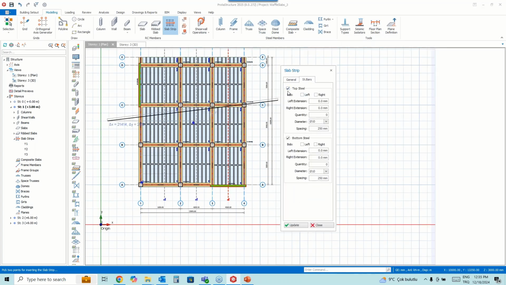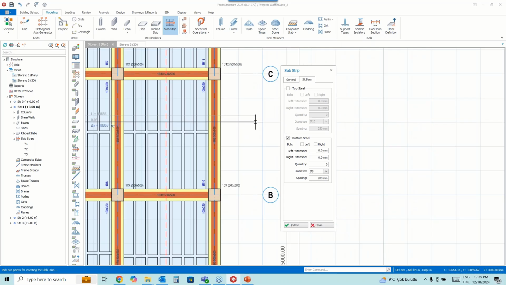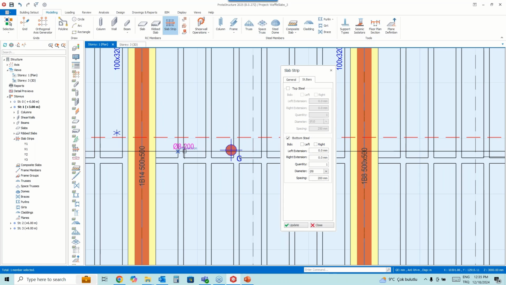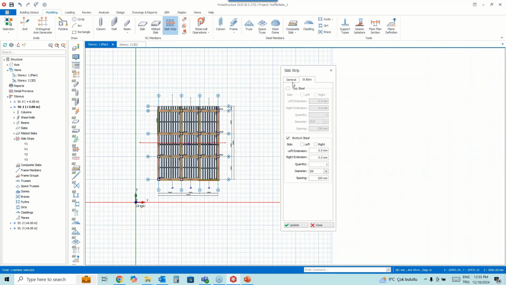So for the X direction, I'm going to use the bottom steel P8 at 200mm spacing, like this. And we can also insert on the Y direction.